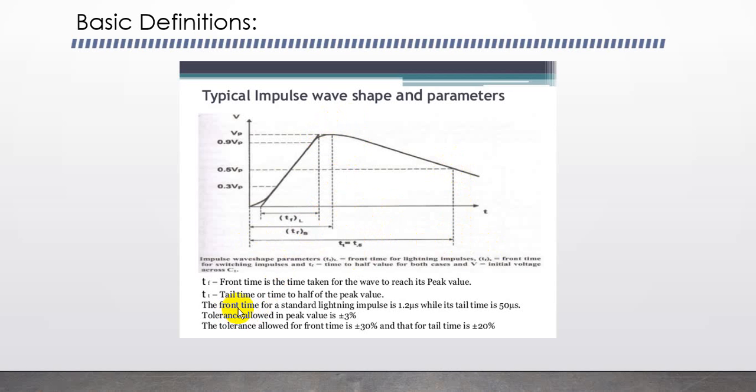For a standard lightning impulse, the front time is 1.2 microseconds, while the tail time is 50 microseconds. A tolerance of plus or minus 3% can be observed for the peak value, and the tolerance for the front and tail time is around 30% and 20% respectively. Then